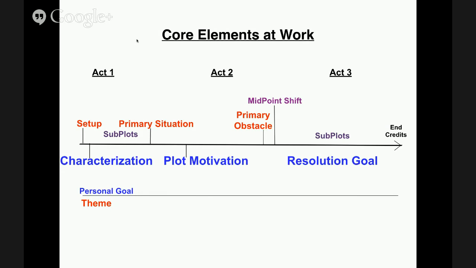And as we move to the right, they have to deal with it in a constructive way, that is the drama of the balance of the movie. They resolve it, and in the resolution goal, and then we roll credits, and there's your movie. Every movie unfolds like this, regardless of the genre.